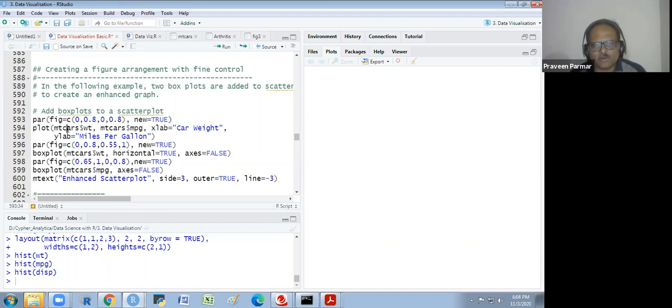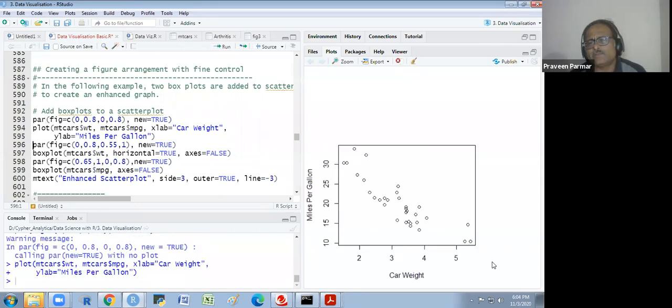So we are making a plot, mtcars$wt, mtcars$mpg. So it is a scatter plot. Two numeric variables we are taking. X label car weight and the Y label miles per gallon. I just start it, then I will explain in detail. So this is my plot.